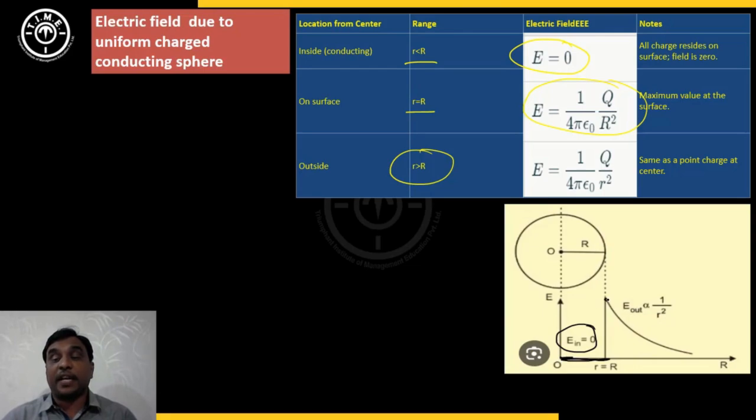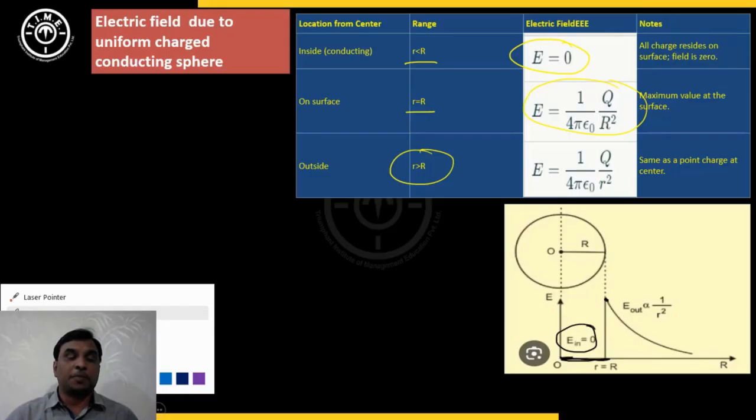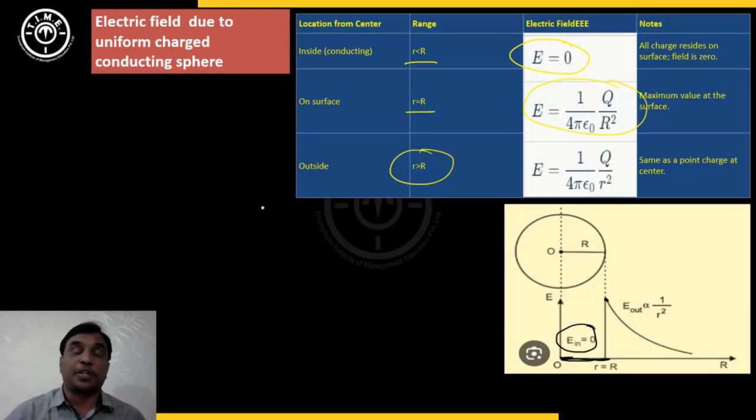At the surface, electric field is maximum, that is kq by R square, nothing but Q by 4 pi epsilon naught R square, and after that E is proportional to 1 by r square, so that you will get a parabola curve. So this graph is also important. In the national level entrance exam, especially for JEE Mains, graphical representation is very important. He'll give this graph, and you may have to identify whether this graph belongs to a solid conducting sphere or a solid non-conducting sphere,